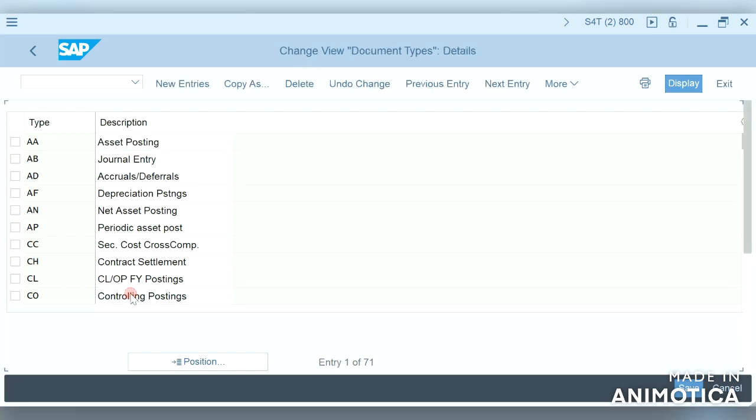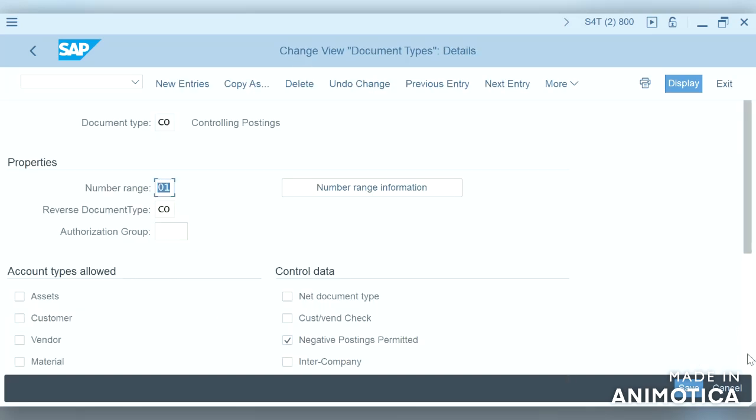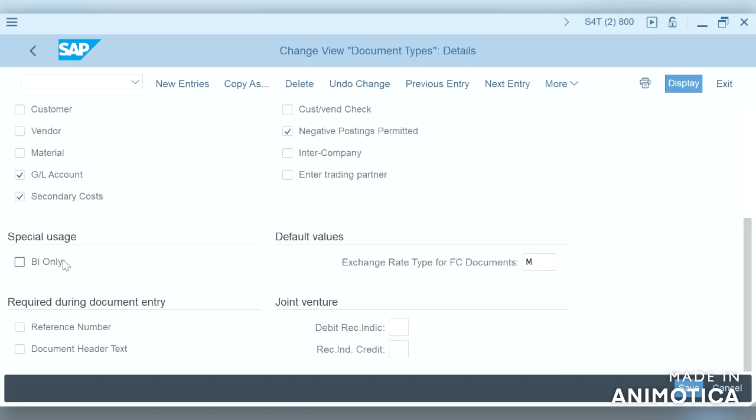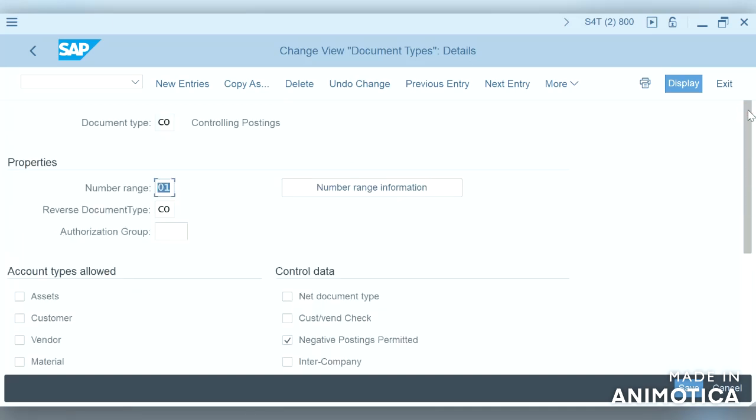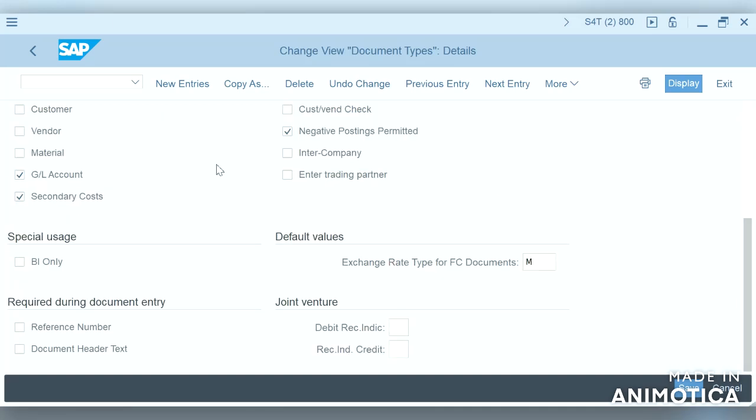If we see these controlling postings, we can also see a new account type added, the secondary costs.